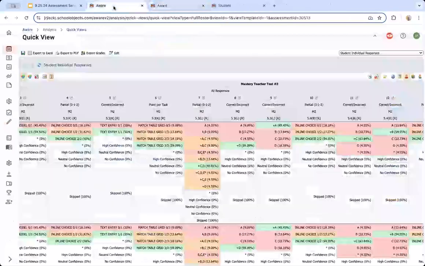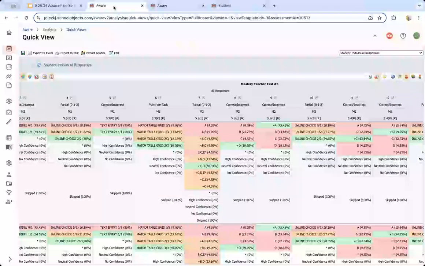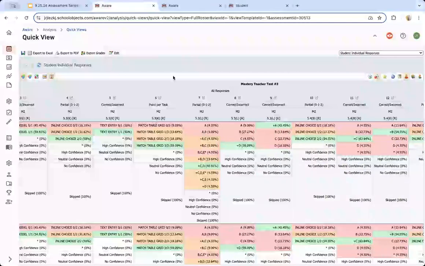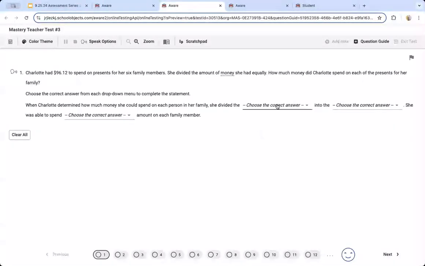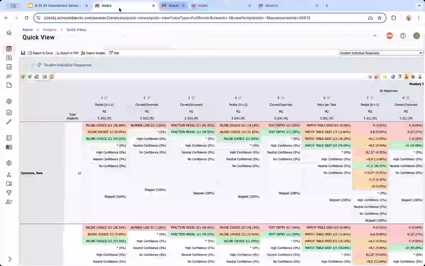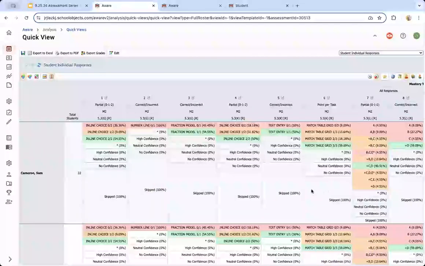Now, just to plug single test analysis, if you are a premium district, single test analysis will actually let you look at things like inline choice and number line, and you actually get an answer breakdown on how many kids picked which of the answers in the inline choice, etc. So again, not focusing on premium for this as a whole, but single test analysis can really add a layer of benefit to this analysis while you're trying to figure out where the gaps are for your students.